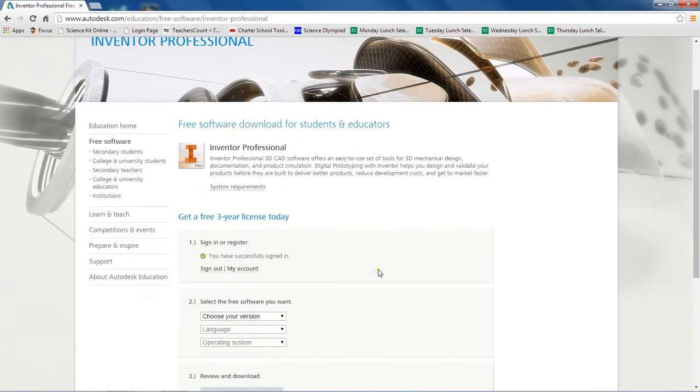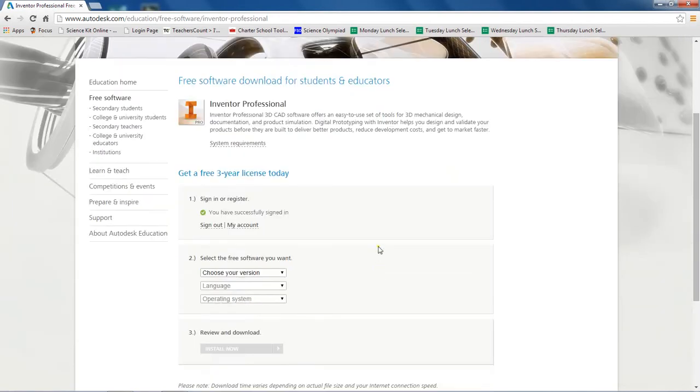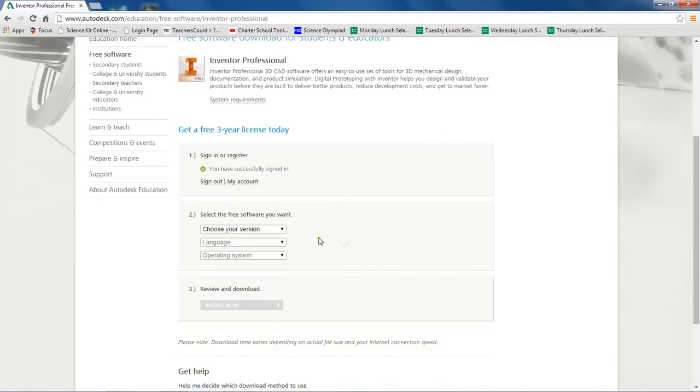And then on this next page here, you'll see that section 1 is already filled out for you. And so for section 2, let's go ahead and use 2014. Like I said, if you're going to follow my tutorial videos, you'll need 2014. If you have 2013, like I said, that's fine. You can follow along. If you want to upgrade to 2015, that's fine. You'll still be able to follow along with my tutorials also. Language, English,